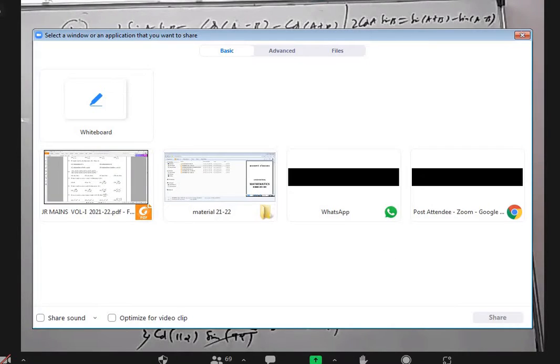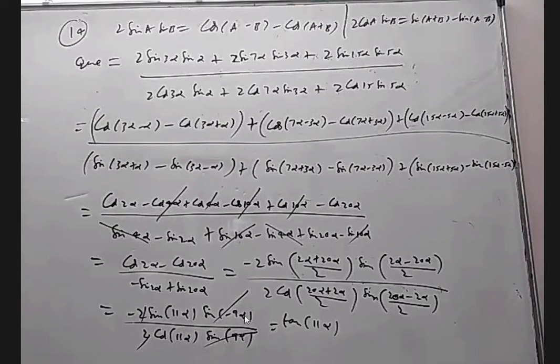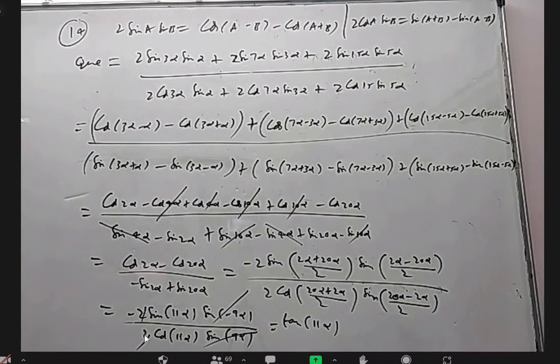The minus is there, no, sir, after cancelling 2? No. I cancel including minus because sin of minus 9 alpha was there in the numerator. Okay, sir. Because sin of minus theta is equal to minus sin theta. Yeah, that minus and this minus will go and then they get cancelled.